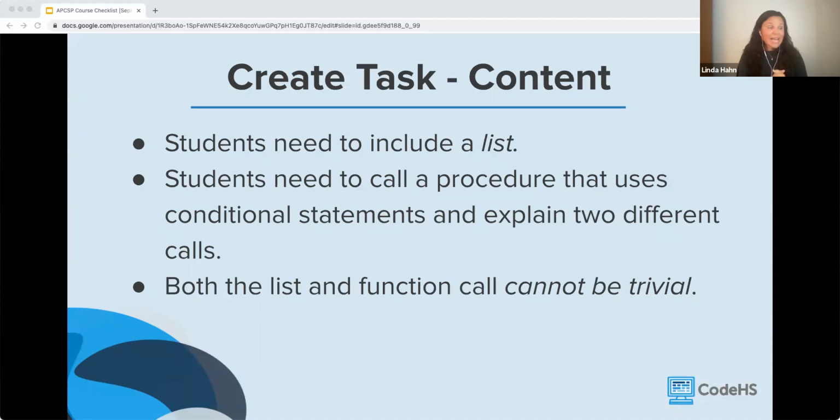As far as the create task content, this year is no different from last year, but it's new to many of you that are teaching CS. Now, a couple of notable things that changed on the create task. One is the requirement for students to have a list or an array. So students will need to have a procedure as well. This is not new if you've taught AP CSP before, but they do need to have a parameter now for their function call. We're going to talk about that in a few minutes, but both the list and the function